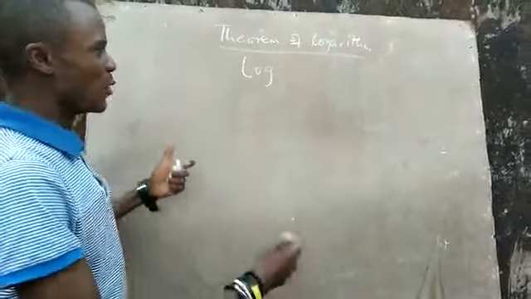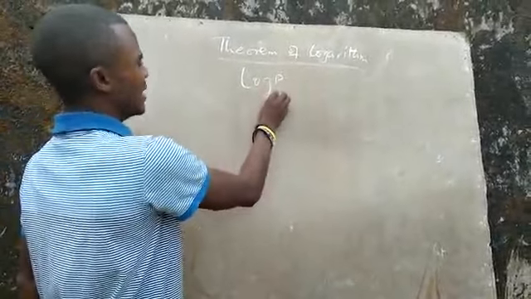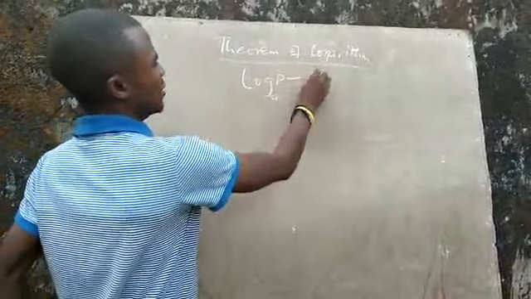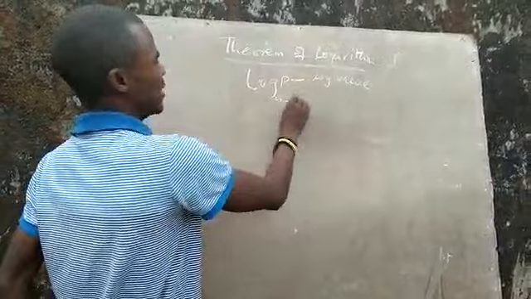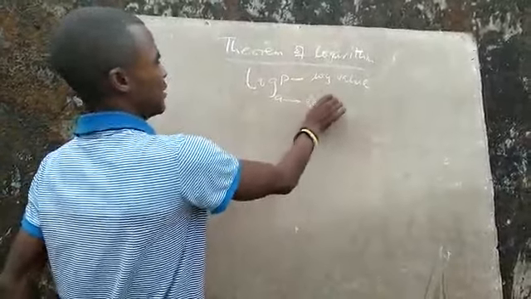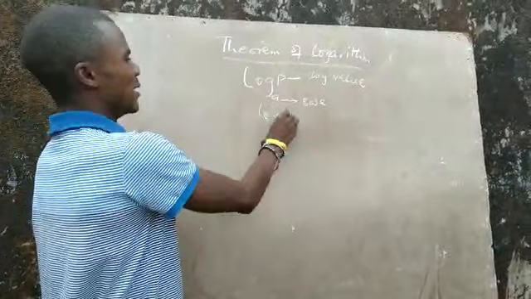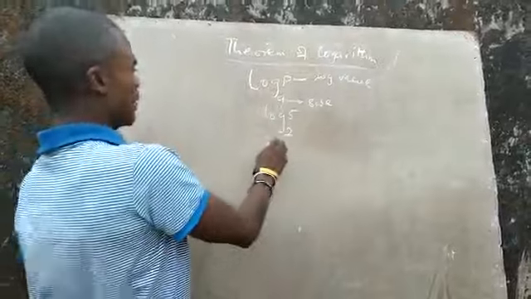Now there are two figures that will appear. We have a figure that is at the top here, and we have the one that is down. The figure that is at the top is known as the log. That is the log value. Log value. And this one that is down here is known as the base. That is known as the base. So if I write an expression this way, it means log 5 base 2. If it is in the form